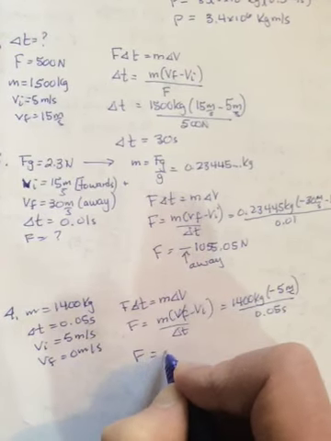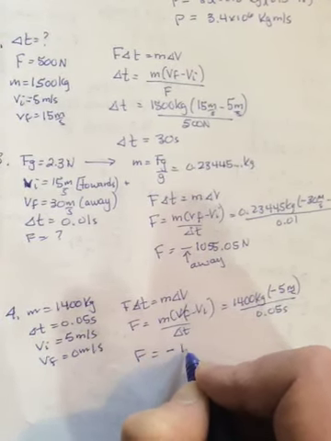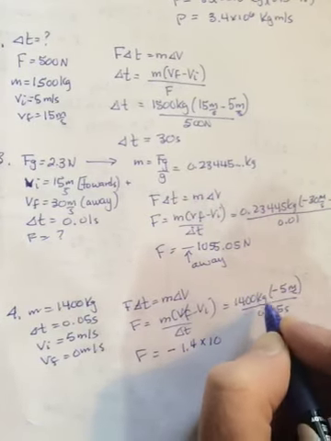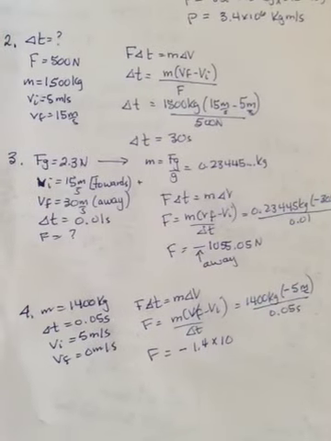And you get an F to be negative 1.4 times 10 to the, move it twice, 345, I think. I'm trying to do